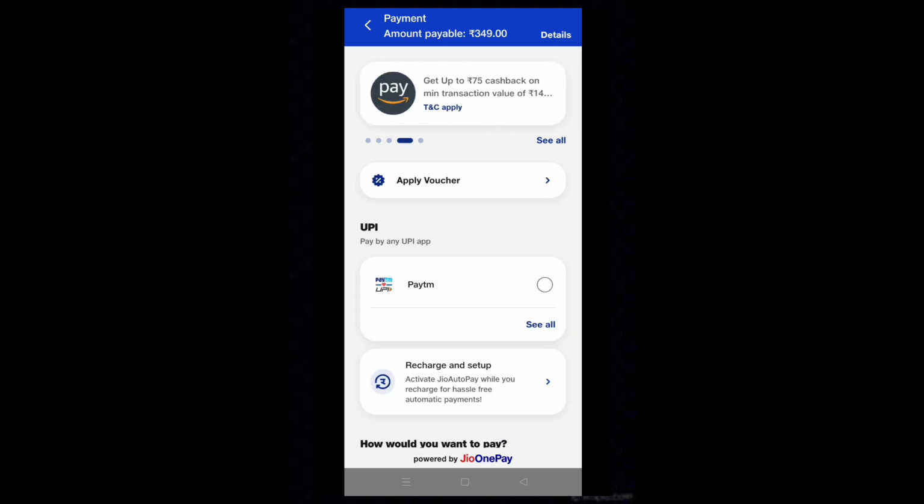Select the platform from where you want to pay the recharge amount. Follow further instructions to make the payment. If you like to recharge using Paytm, then